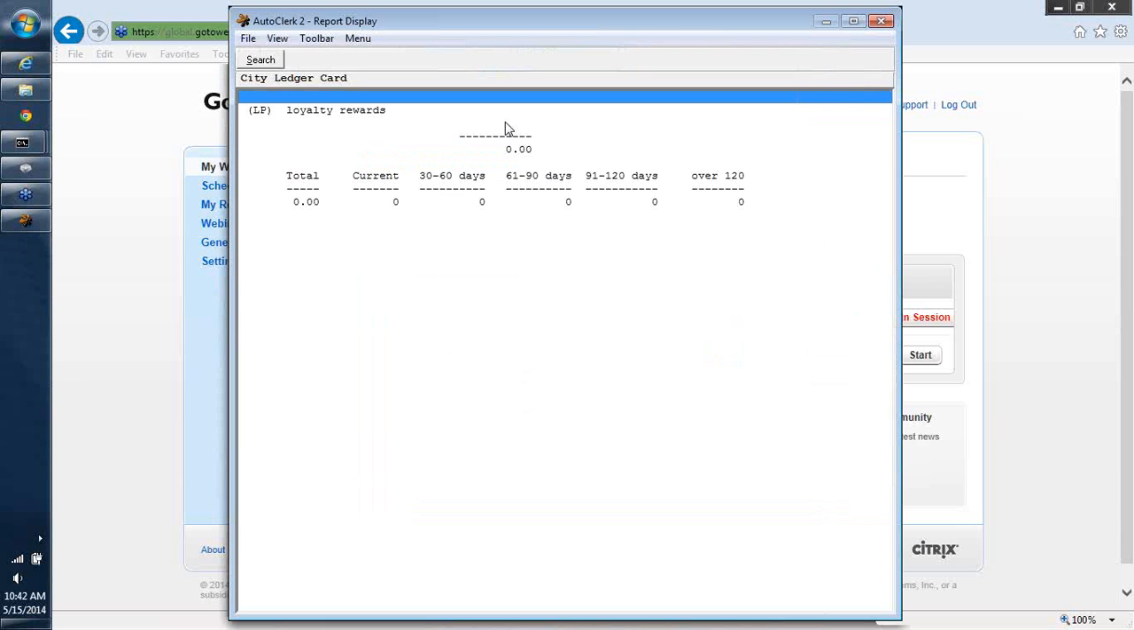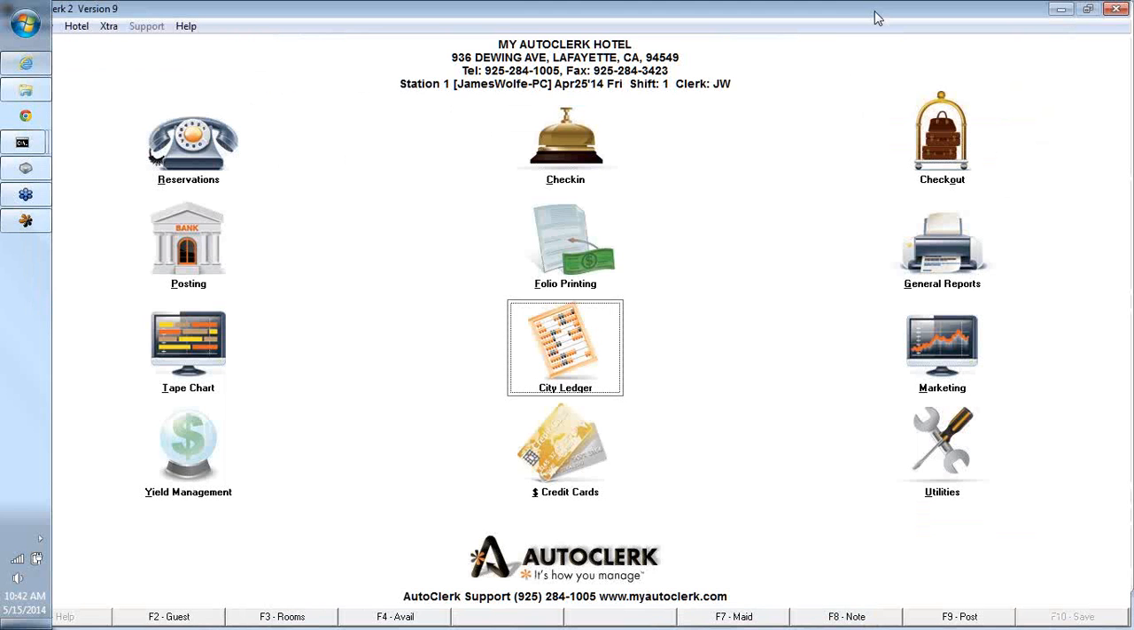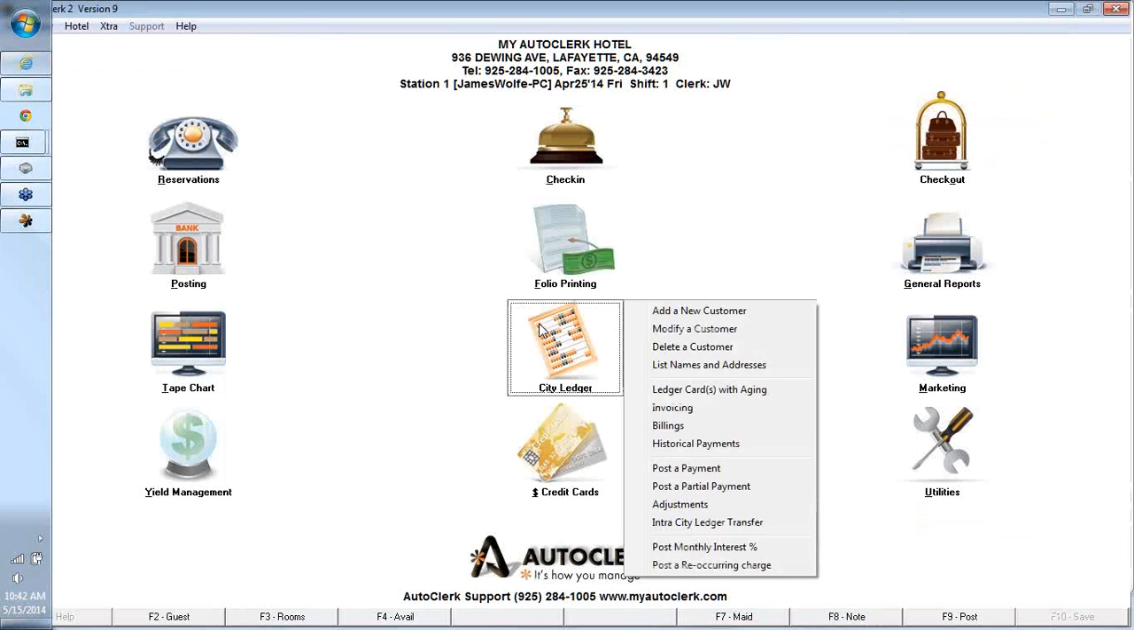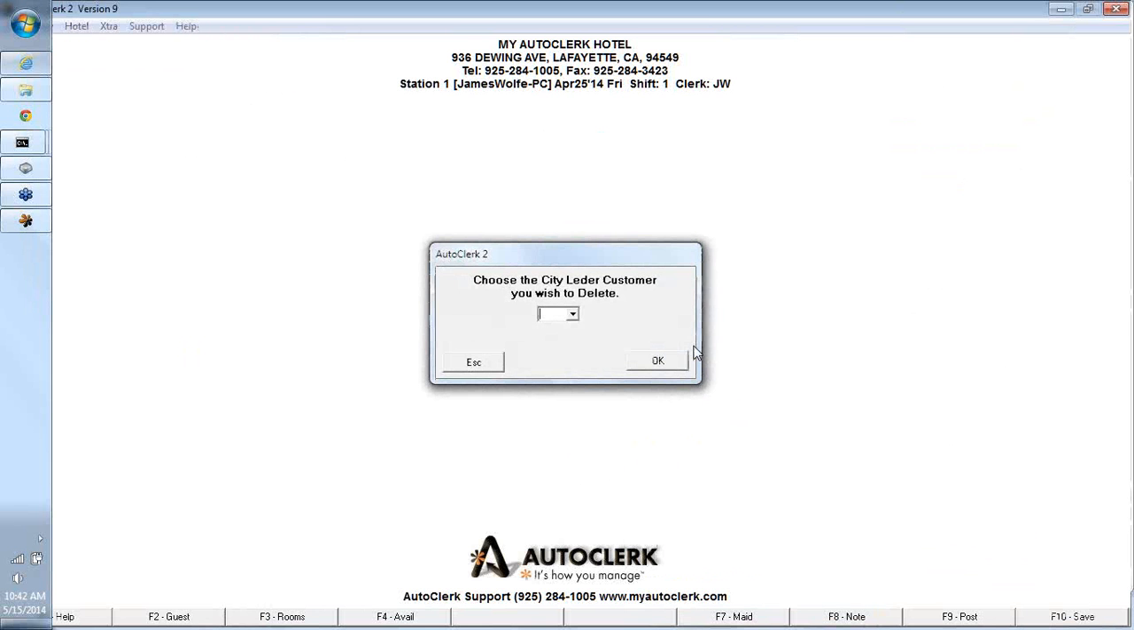And display. The account's zeroed out. So let's say we're done with this account. I don't need this direct bill account anymore. I'm going to go to delete a customer, go to LP,